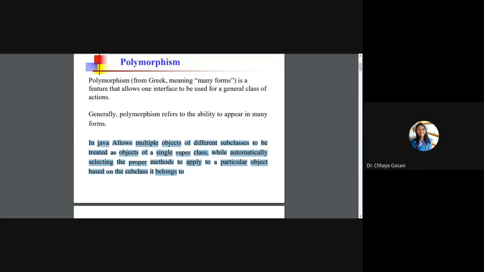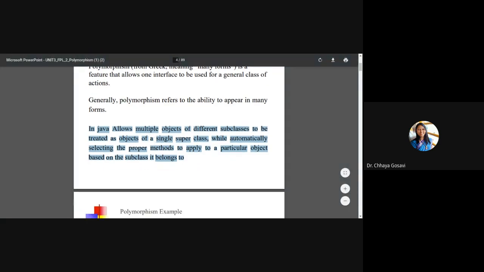For example, say there is a class called Shape and subclasses are Circle, Triangle, Rectangle, Square, etc. And suppose you have a draw method. If you call the draw method with a Circle object, it should draw a circle. If you call it with a Rectangle object, it should draw a rectangle. This is possible with the help of polymorphism.